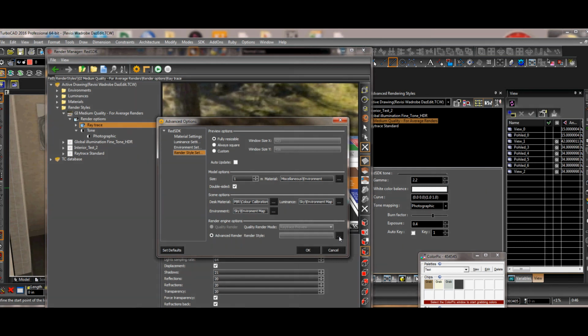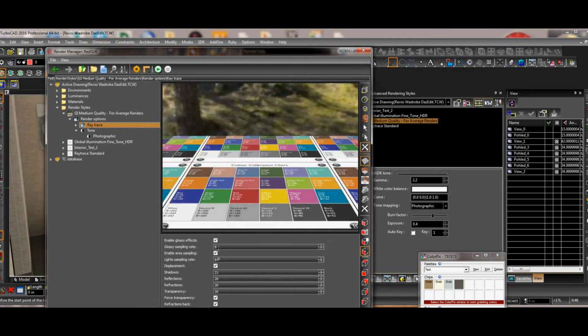I have to check why it does that, but basically I've got one called material preview, and that's got a glossy sample rate of 0, because, like that mirror, you don't really need it. You probably just put a value of 1 in for the glossy sample rate, because it doesn't need a high value. The higher value is for your matte materials, where the reflections are blurred out, and